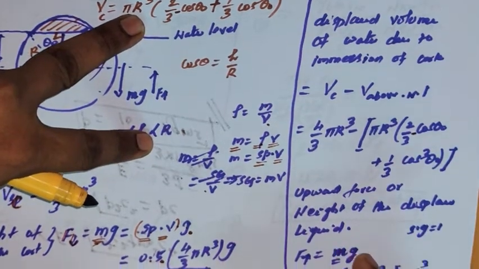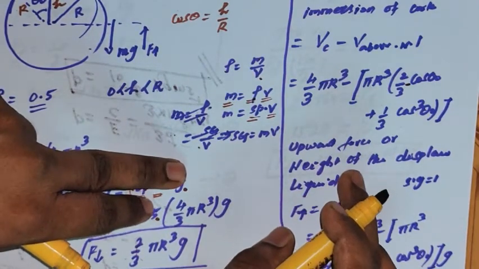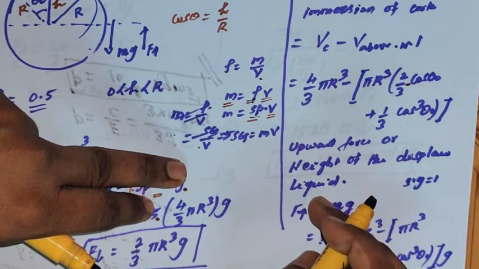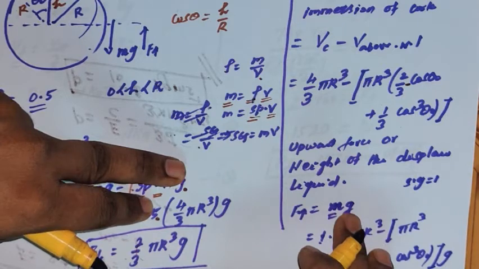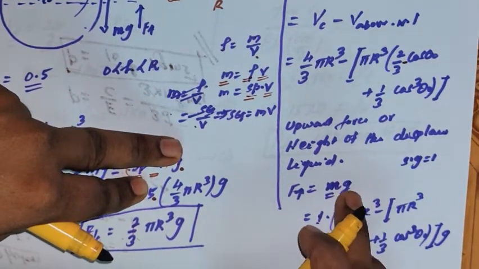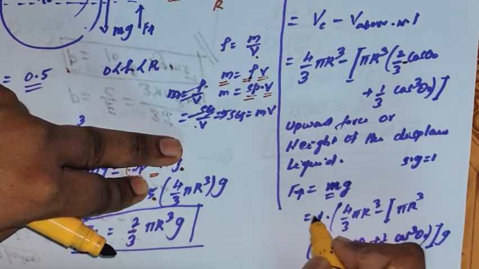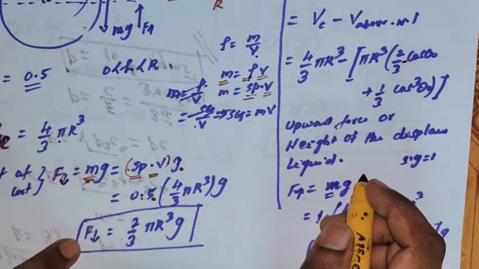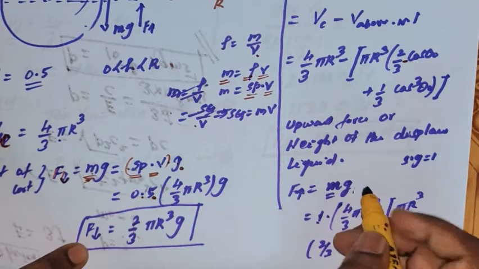Again we are going to apply the same principle. What's the weight of the liquid displaced, or upward force you can call, or weight of the displaced liquid, is equal to F upward equal to mass times the gravity. This is the same manner, but here the g is acting upward. It actually matters, because the weight here is acting downward, here it is upward acceleration due to gravity